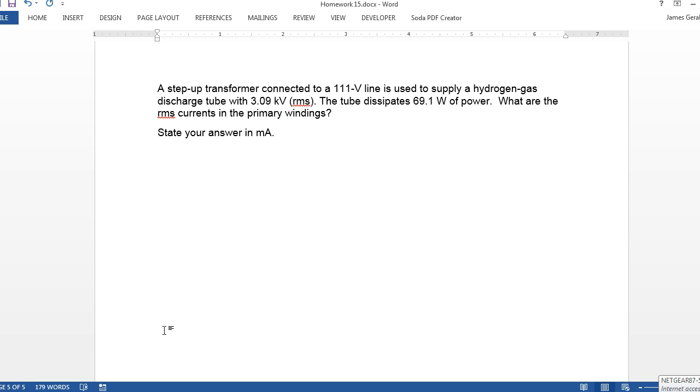Here we're using a stepped-up transformer to connect our standard power, around 111 volts, to a hydrogen gas discharge tube, which is at 309 kilovolts, or 3090 volts. We know the tube dissipates 69.1 watts of power, so what are the RMS currents in the primary windings? All right. Well,